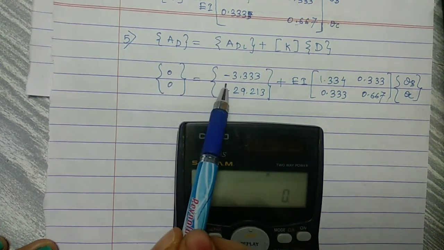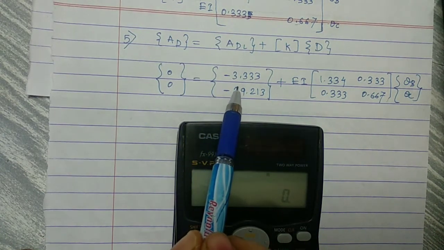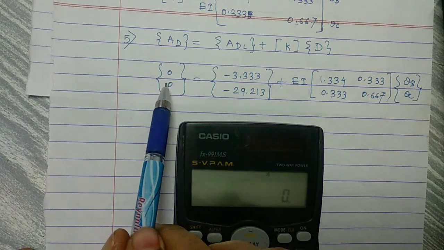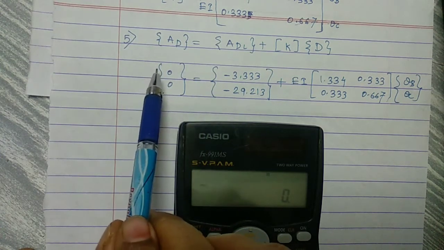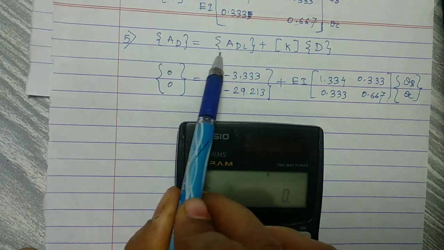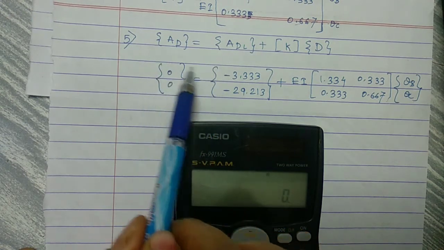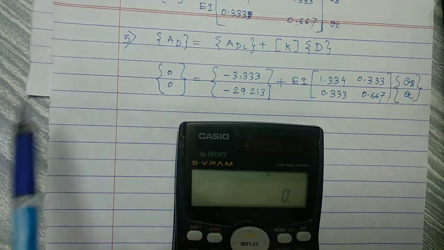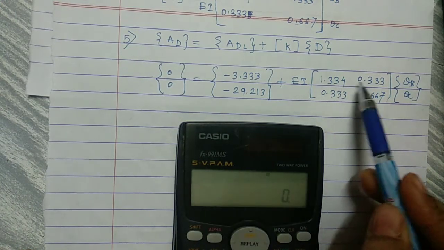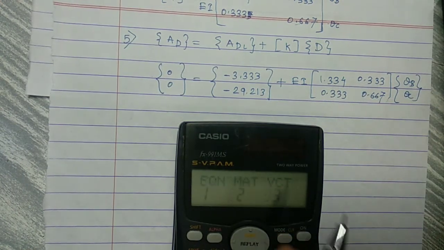So this matrix, the constant, this should be added to this side. So AD matrix minus ADL matrix, because we are taking it to this side. So this minus sign becomes plus on this side. Okay, and put the values of this into the calc. So we will directly solve in a calc.